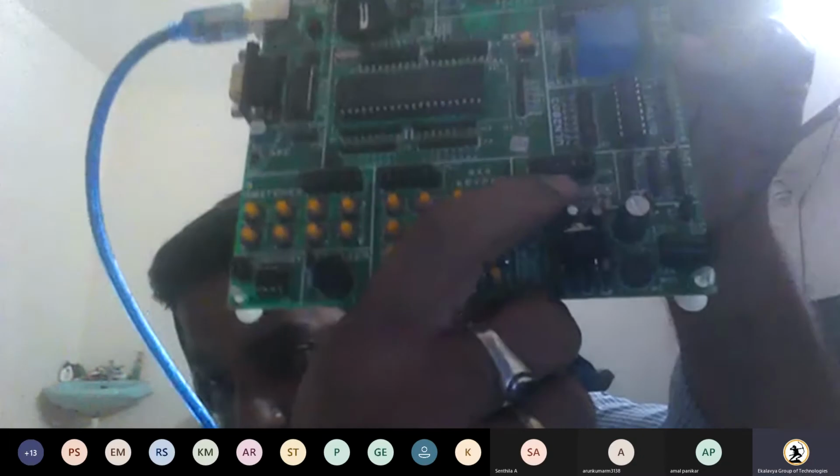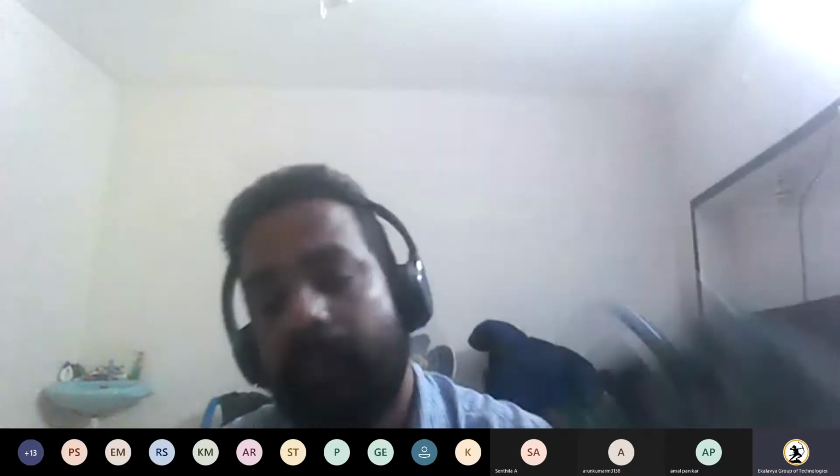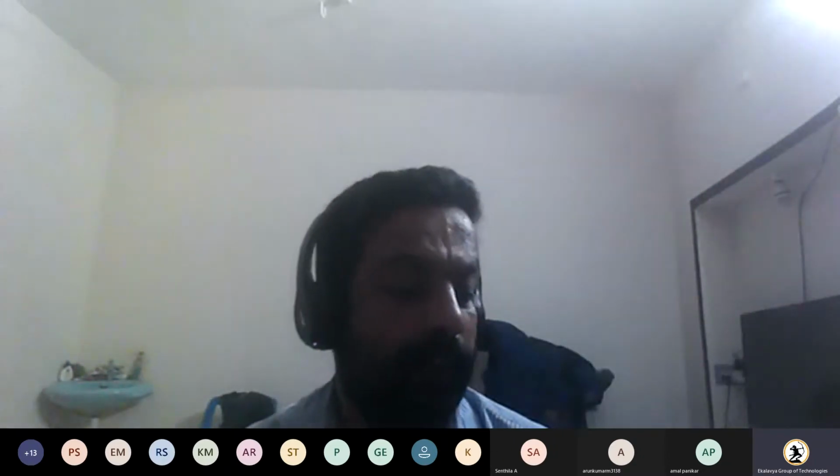Next, these are the LEDs. These are the 8 LEDs which are connected to port 0.